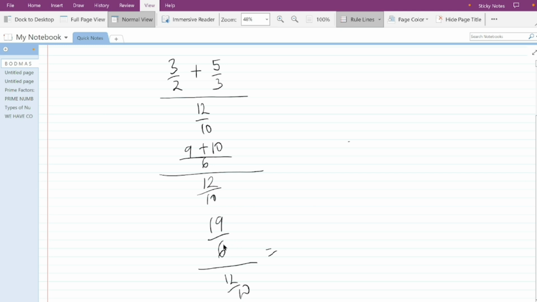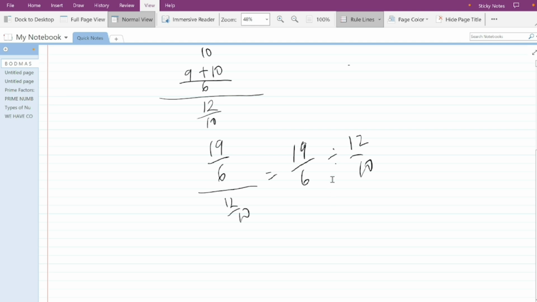This might look a little bit complex, but we have 19 over 6 divided by 12 over 10. We have to do it in that order. So we have 19 over 6 divided by 12 over 10. We can then turn the division sign into multiplication, then flip the fraction behind. So we have 19 over 6 times 10 over 12. We flip this. The 10 now goes to the top, the 12 comes to the bottom, which is equals to,